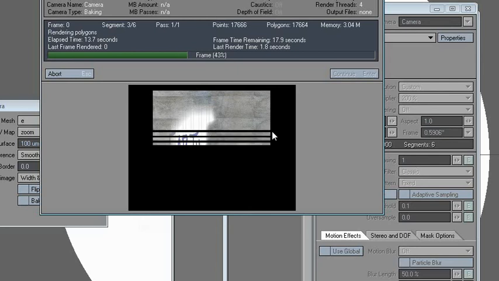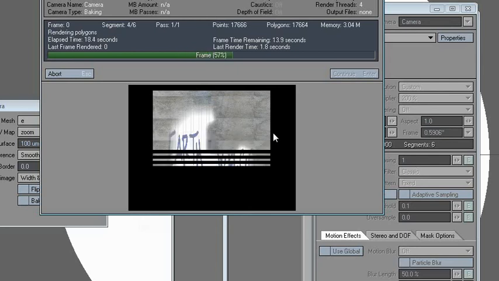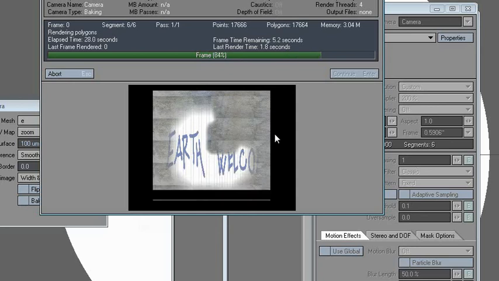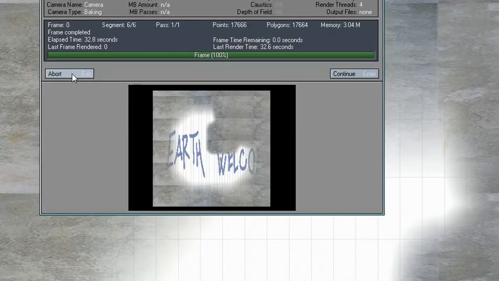It's pretty fast, it's like 30 seconds. And there we go. Now we have a baked image. You can see that it's quite stretched, so there's something